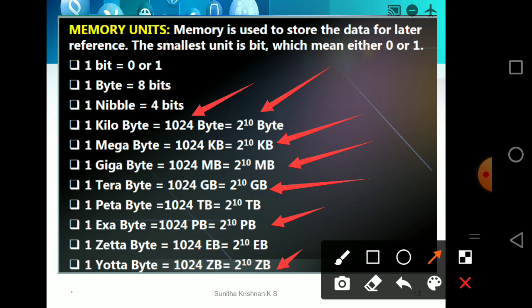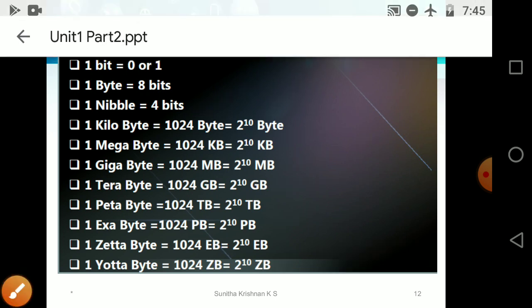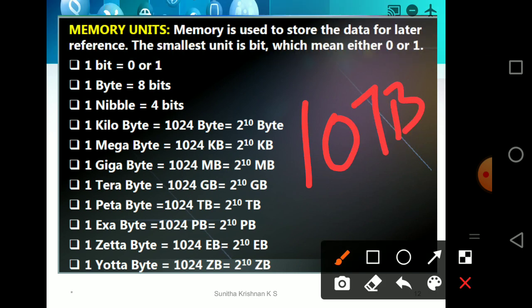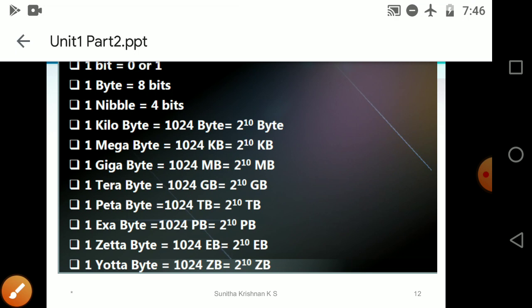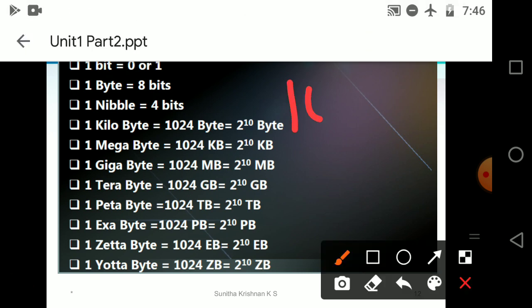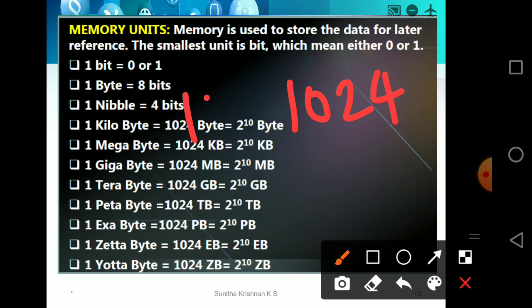And the units differ, so you should learn them, because problematic questions will come in the exam. They will give you a number and ask you to convert, for example, 10 TB into kilobytes. Then what do you have to do? How will you convert 10 TB into kilobytes? Where is 1 terabyte? This is 1024 GB, right? So you have to convert terabytes, 1 TB, which is equivalent to 1024 GB.